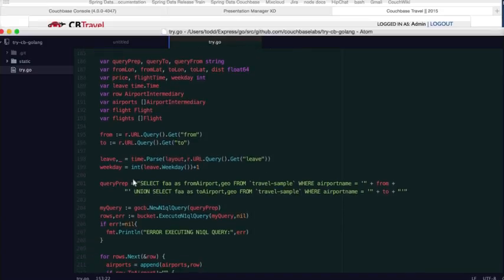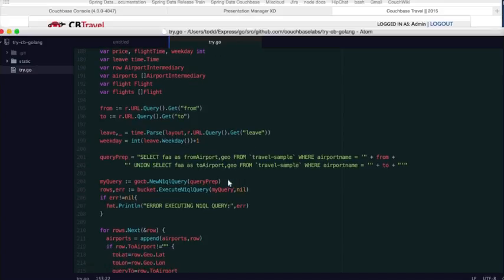First thing we do is, again, we define a bunch of instance variables and things that we use up at the top. I won't go into depth on those. And then we basically get from our query string the from and to, and then we also look and get the leave and return values as well. And when we do that, one of the things that we do is we look at,